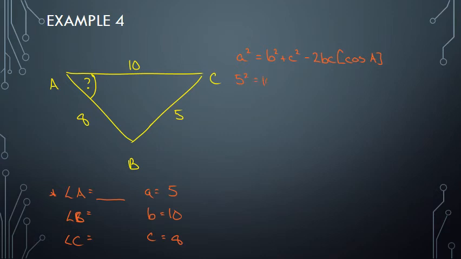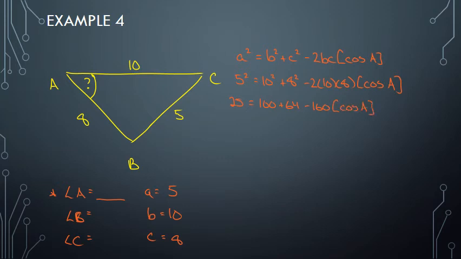All right, plug stuff in. 5 squared equals 10 squared plus 8 squared minus 2 times 10 times 8 times cos of angle A, which we don't know. I was looking for the A value here. Again, there's no quick way, I actually have to calculate these values. So 25 equals 100 plus 64 minus, 10 times 8 is 80, times 2, so 160